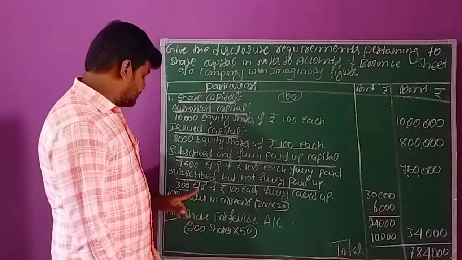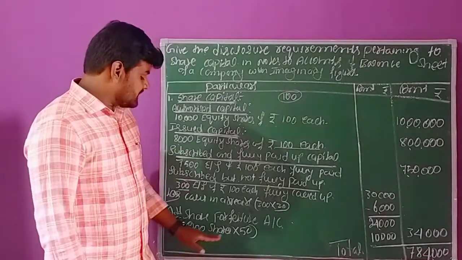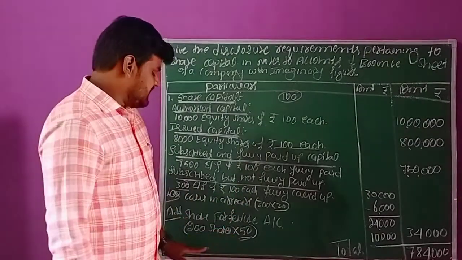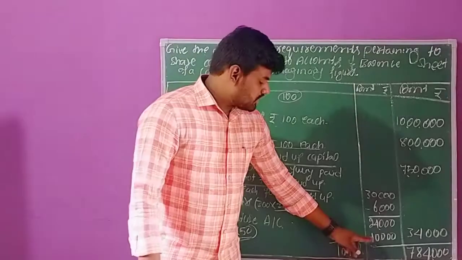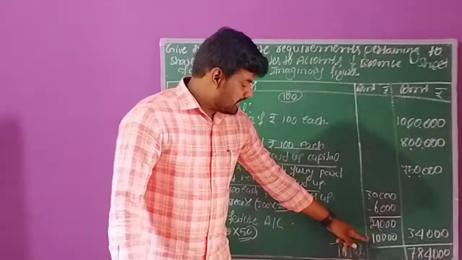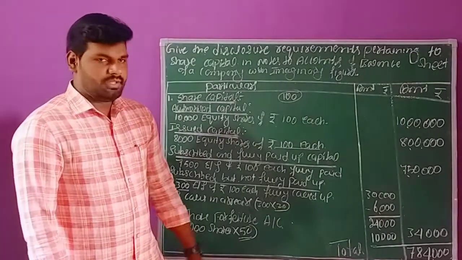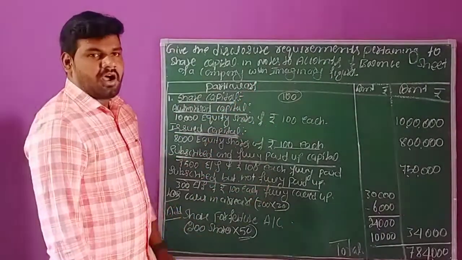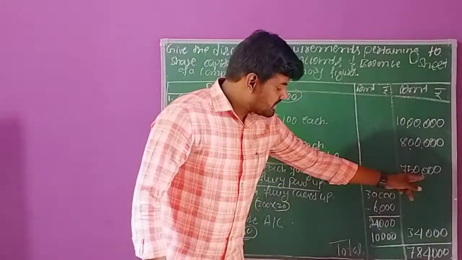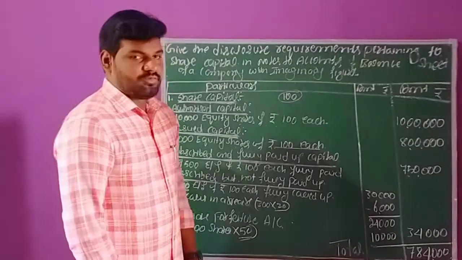When they are reissuing, out of 300 shares they are reissuing 200 shares. They are reissuing 200 shares at a price of rupees 50 per share. So that means 10,000 rupees we can receive from the public. So here 24,000 plus 10,000, total 34,000 rupees we have received from the public. So these are the various stages of collection of share capital. Now I have to make the total balance here. 7,50,000 plus 34,000 means 7,84,000 rupees we have received from the public.